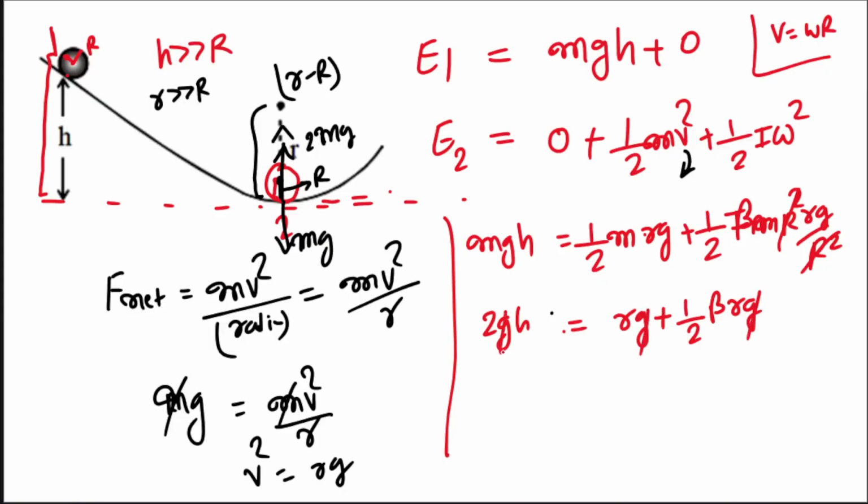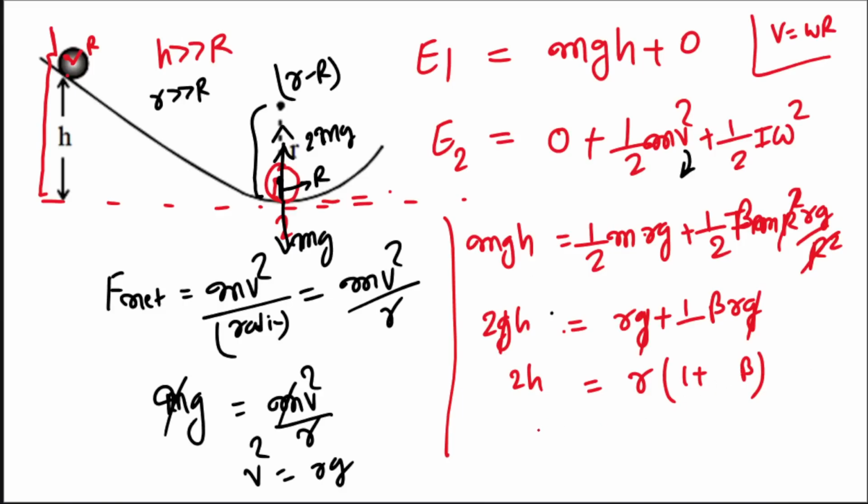ठीक है। सो what will be the thing, g को भी आप cancel कर सकते हो हर जगह से, yes. सो this is 2h equal to how much, this is, r को common ले लो, 1 plus half beta, right. This is what we are getting. Sorry, half मैंने क्यों retain किया, क्योंकि 2 को तो हम उस साइड लेकर गए, sorry, not from here I will be removing, from here let us remove it. ठीक है।